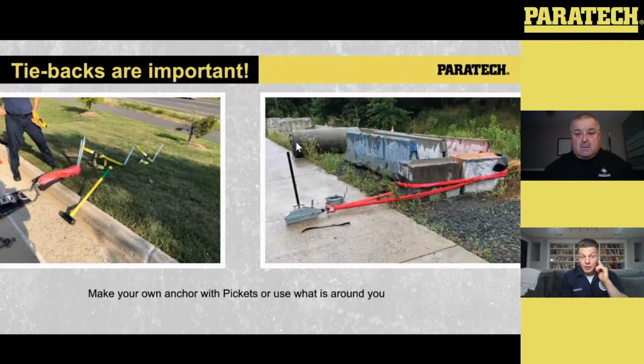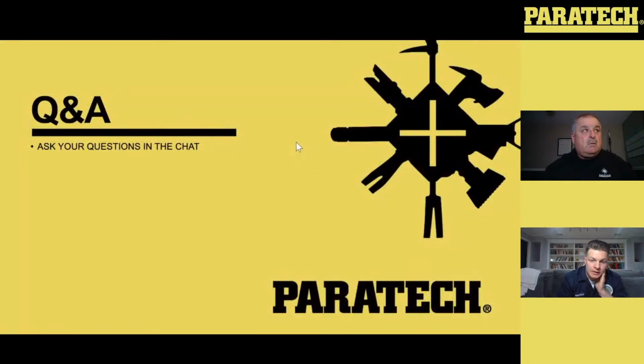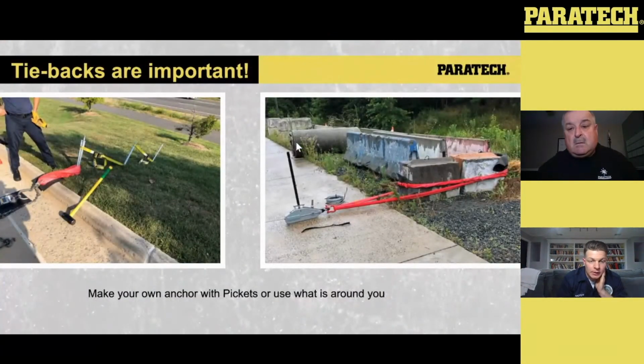Here we're talking, and because I talked about tiebacks, I decided I wanted to throw this into play. On the left-hand side, you can see the pickets. You get 4 pickets with the kit that Paratech is selling. I'm sure they would allow you to buy more. We run with 6. So the way that FEMA has rated their pickets,